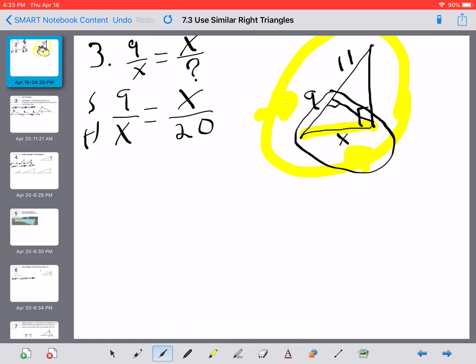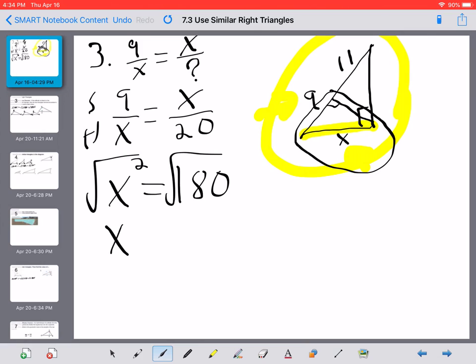And once you have that proportion set up, all you have to do is solve by cross multiplying. And you get x squared equals 9 times 20, which is 180. And if you take the square root of both sides, you get x equals, now as I look at that,